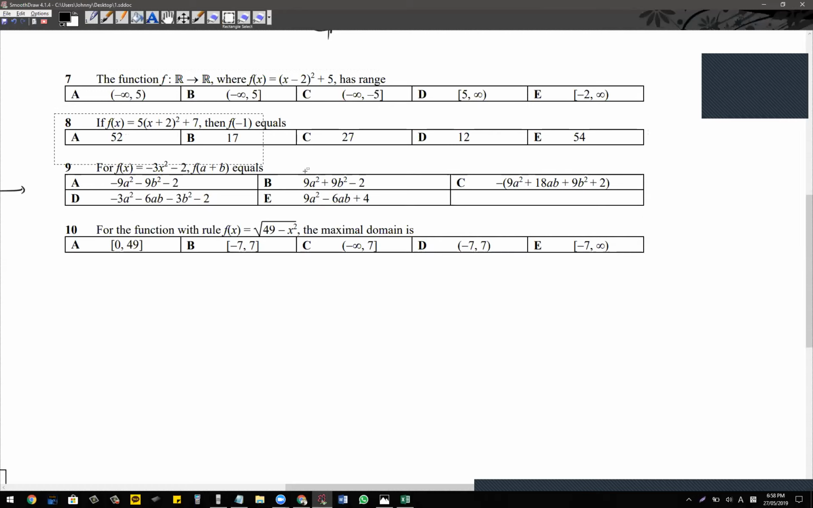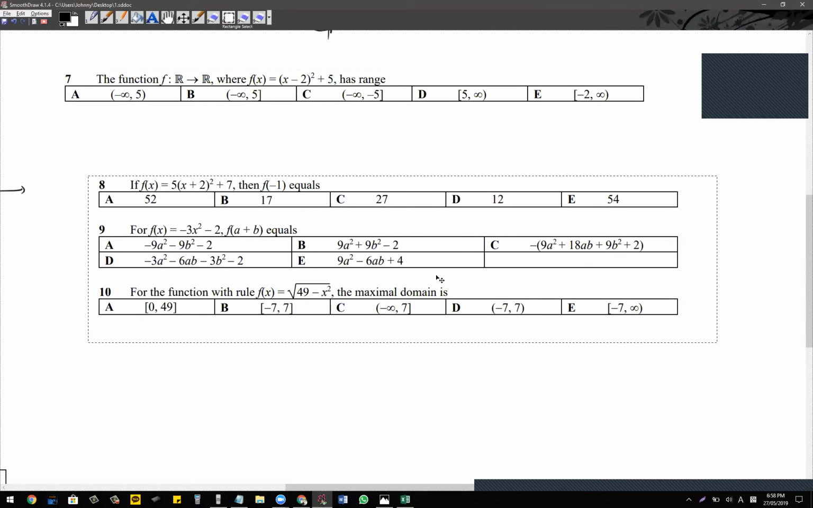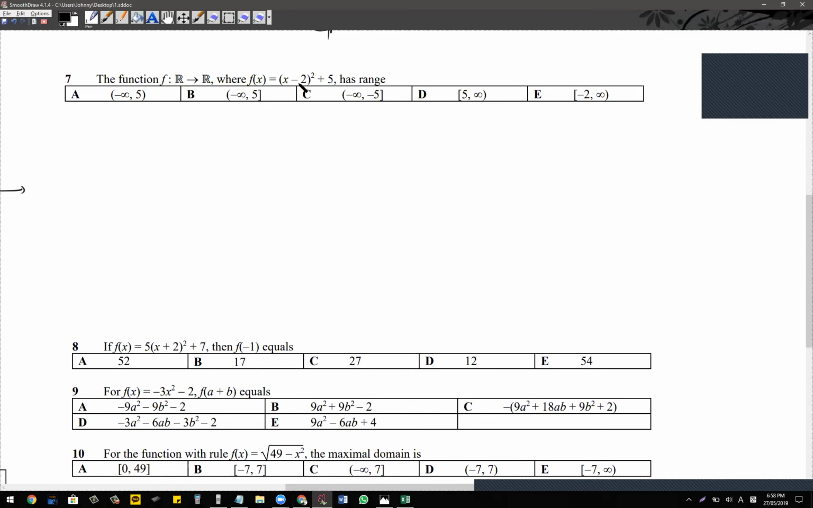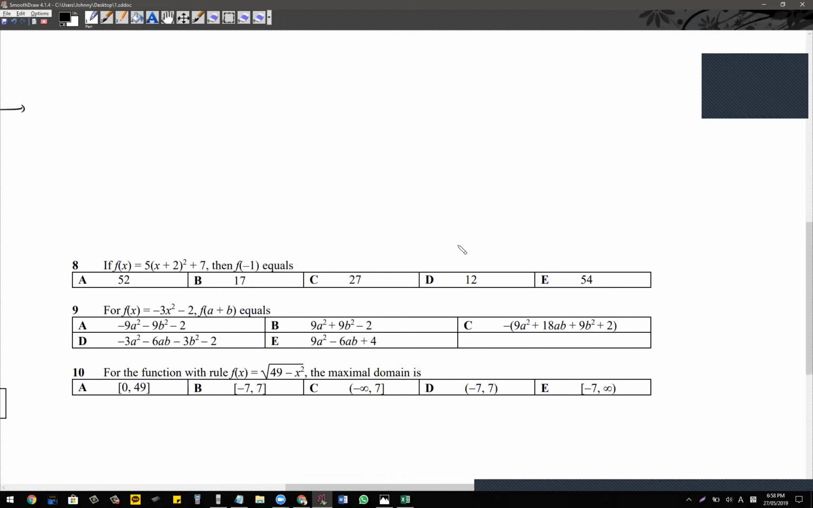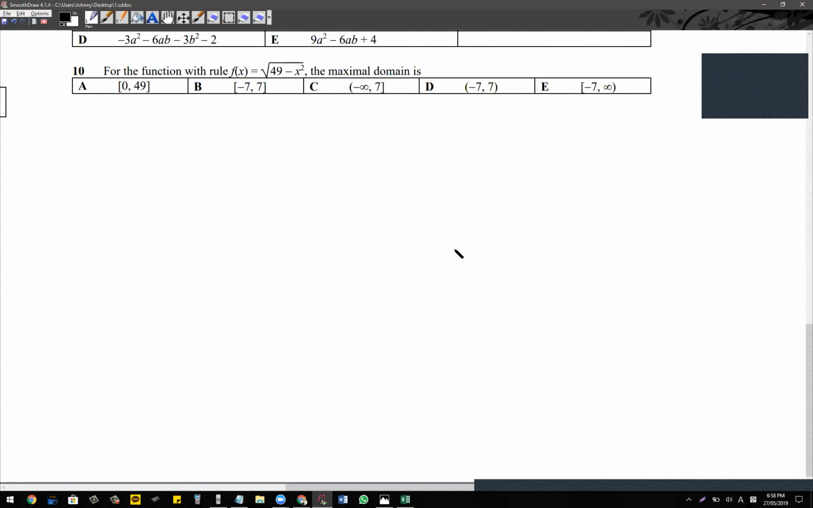Now, number 7. So this one is also, before we go through this, maybe it's necessary to go through some other concepts. So if you have a function of x, it's pretty simple stuff. If you have a function of x plus a, this will shift the graph